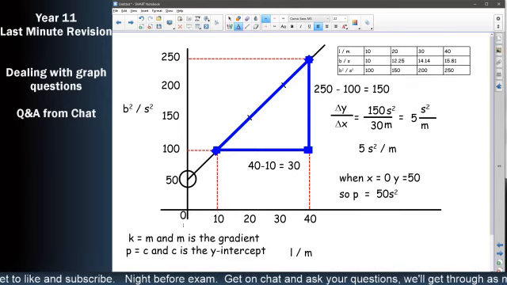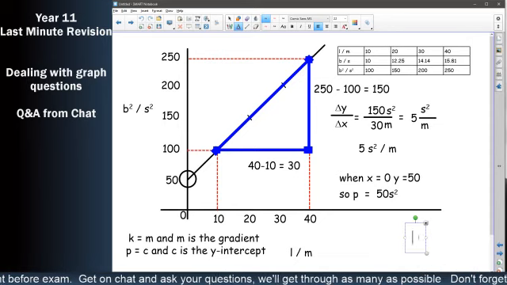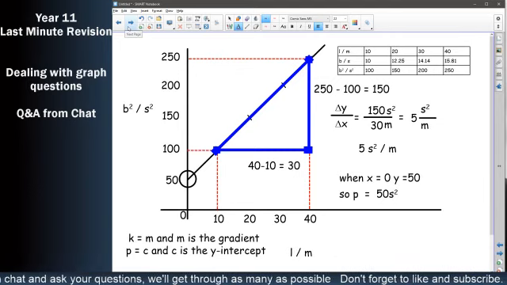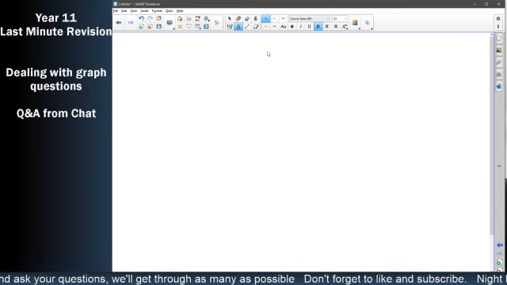So on to the next little bit here. I'm going to have a little crack at having a look through the chat. Looks like lots of people are being quite passive this evening in terms of what they want to know. So let's crack on with the next thing that I have pre-planned here, which is dealing with 6-mark